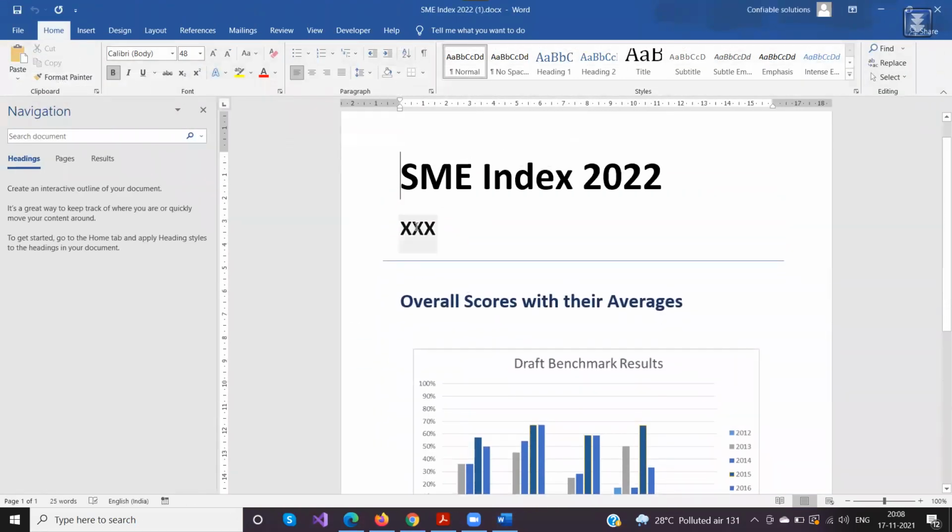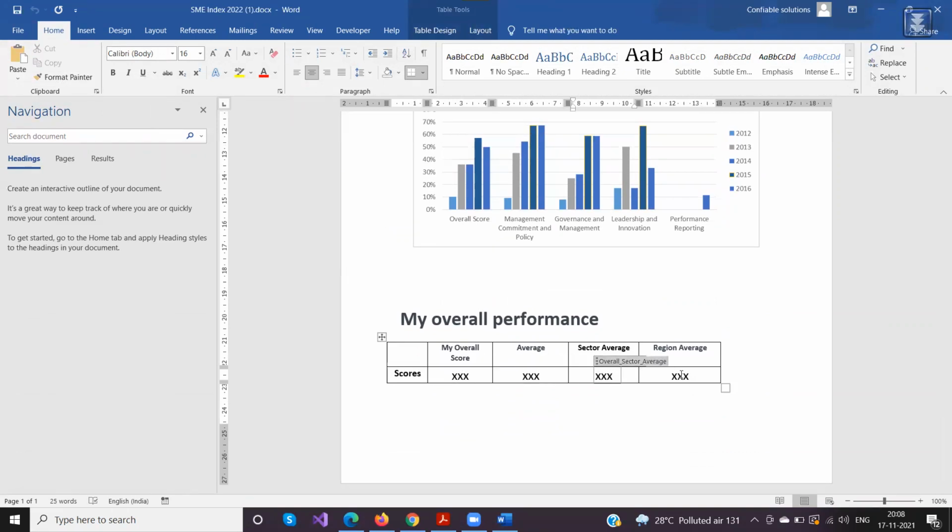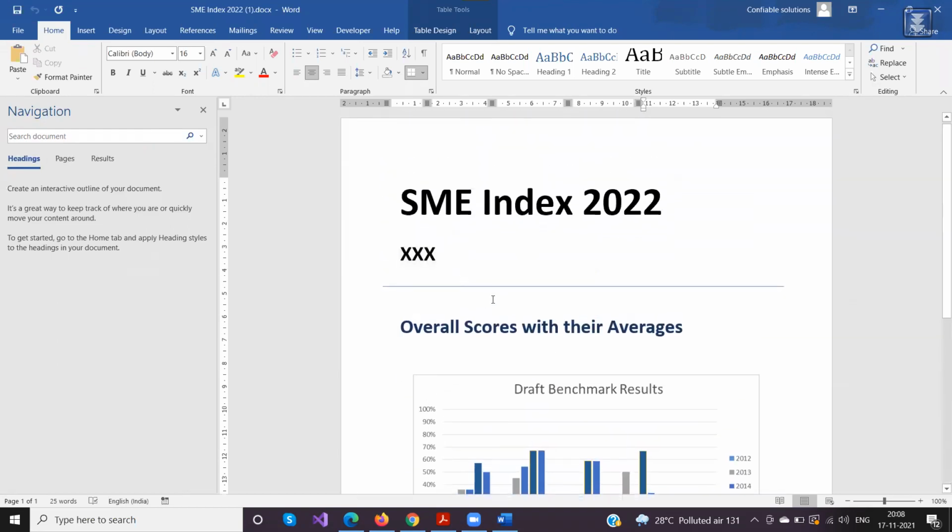Now if you notice, when I click on XXX, there is a name of the company provider. So this is the placeholder. Wherever you see a placeholder, it would be like this. This is a combination of static and dynamic data.